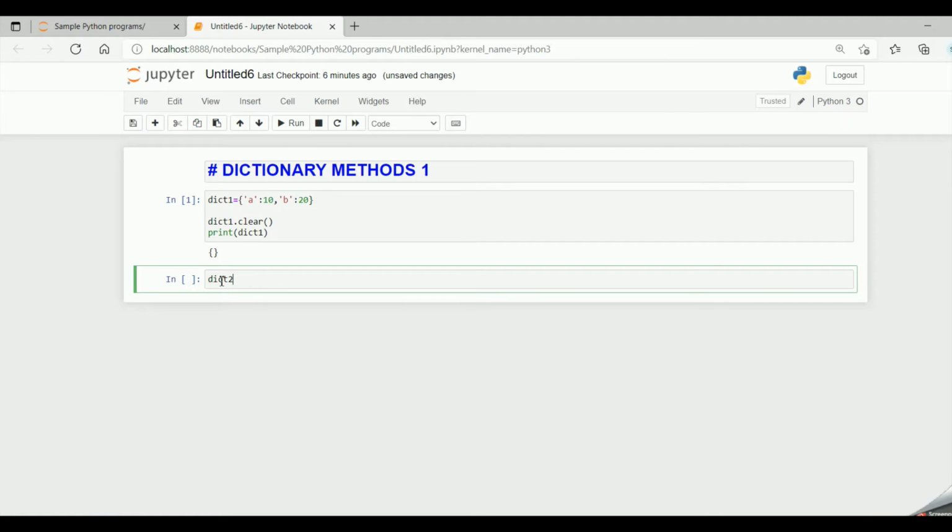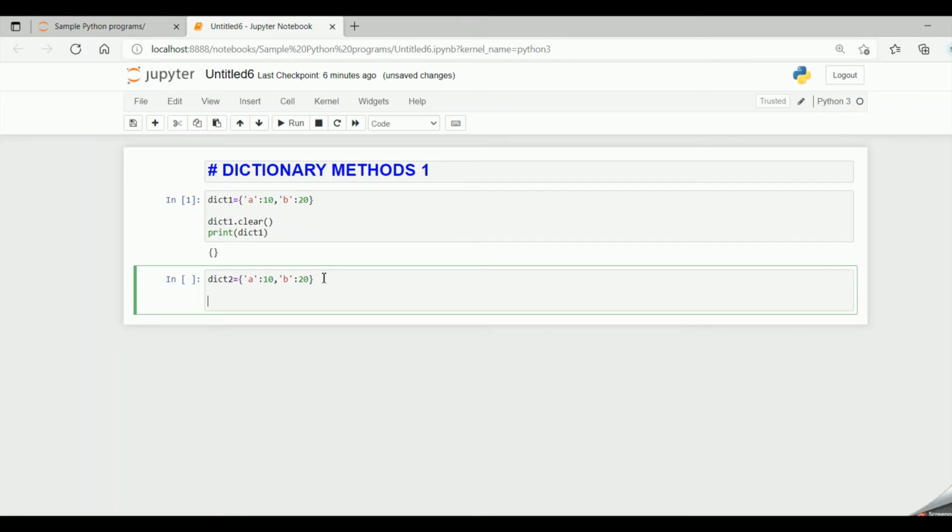Suppose my dict2 equal to a colon 10, comma, b colon 20. It's having two items. And now I give a variable called x equal to dict2.copy.